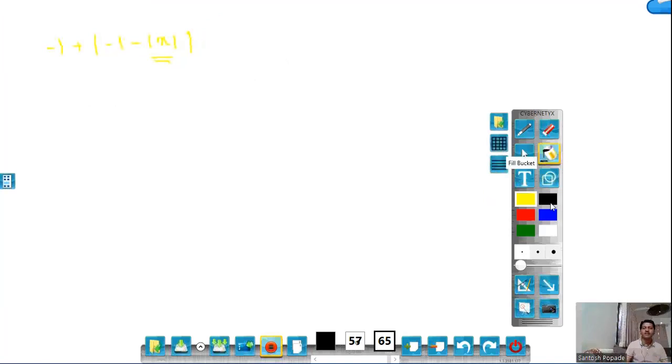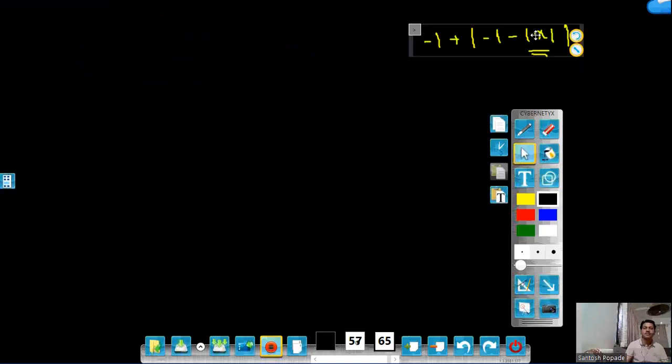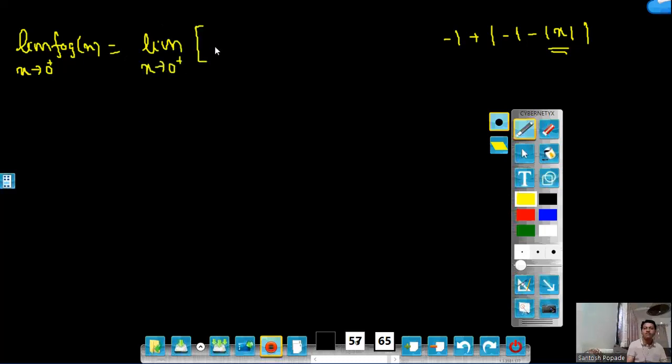Here we have calculated the left hand limit, and now I need to calculate the right hand limit of the same function. I'm checking the continuity of this function as x tends to 0 from the right side. Okay, so let us now find the limit of FOG. I have taken this FOG here, and let us find the limit of this FOG as x tends to 0 from the right side. This is our FOG, and we have to find its limit as x tends to 0 from the right side.